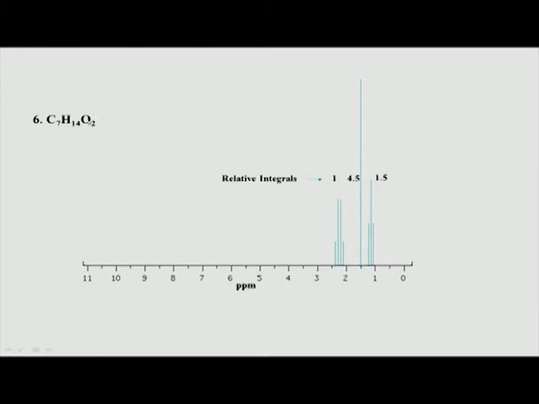But I expect, let us say, 14 protons. If you add up this 4.5 plus 1.5 plus 1, it adds up to 7. So, if I want to get 14, I have to multiply all of this with 2. If I multiply by 2, I will get 2 here, 9 here and 3 here. So, that means there are 3 protons in this, 9 protons in this tall peak, and there are 2 protons in this. That is how we have to interpret.